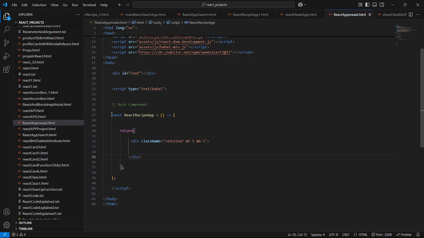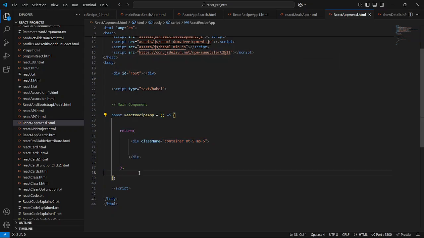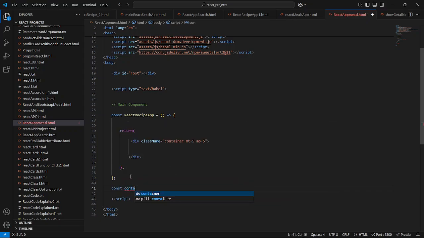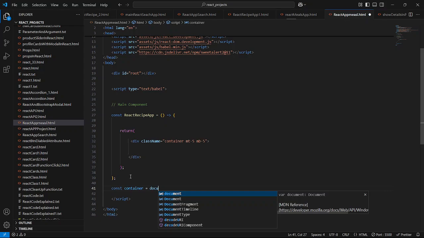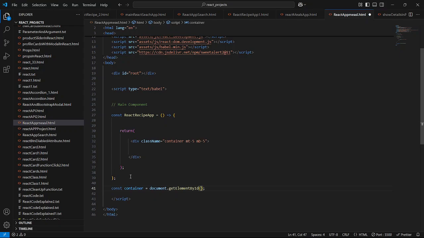So guys, now we have to mount this React component with our HTML. So now we are going to do that. I'm going to create a couple of consts also. So I'll say const container. I'll use document.getElementById, and we have to pass the id of this div, which is root. So copy it from here and just paste it here,